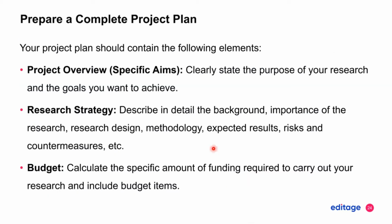Okay, moving on from letters of intent. Your project plan should contain the following elements. An overview of your project. This is basically like a research statement. So you can clearly state your goals and purpose of your research, basically the justification of your research, and then your overall research strategy, including your background information, importance of your research, the novelty of your research, the design methodology,